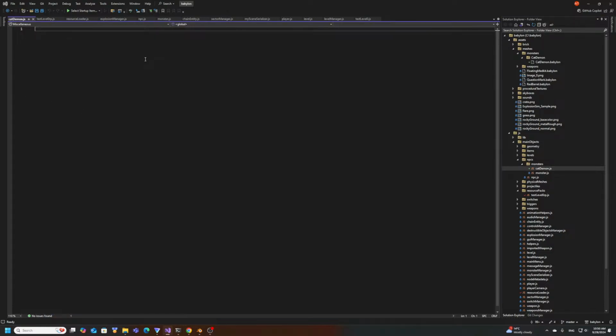So import monster and monster instance from like that, and class